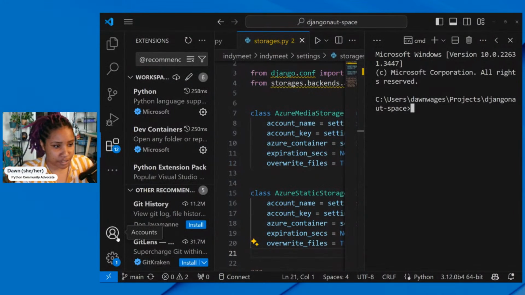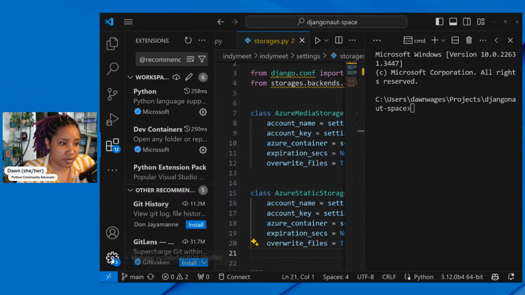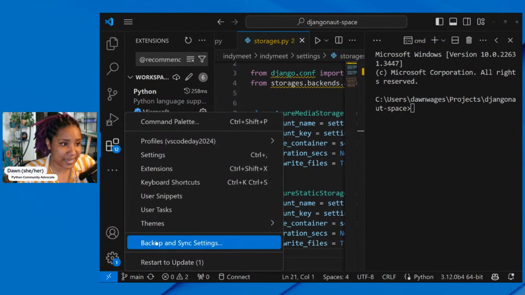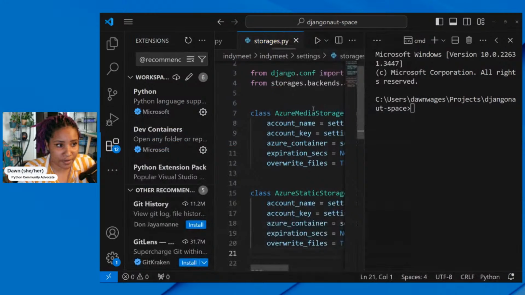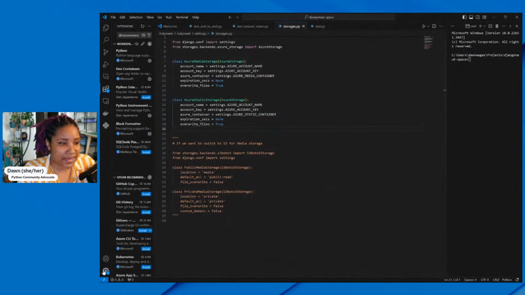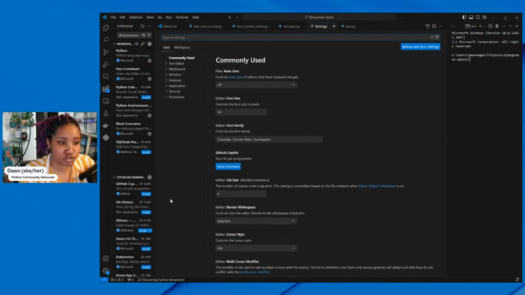I go down here to my accounts on my left-hand side menu, and I do my cog for my settings, and I'll go to my profiles. I'm currently in my VS Code day profile. Let's go to my Django profile. There we go. And I want to check out my settings so I can show you all the goodness that I have in here. I can also go by doing Control plus comma,